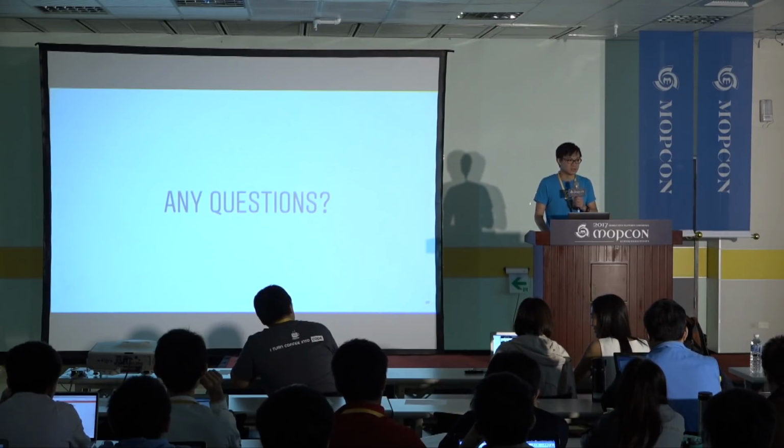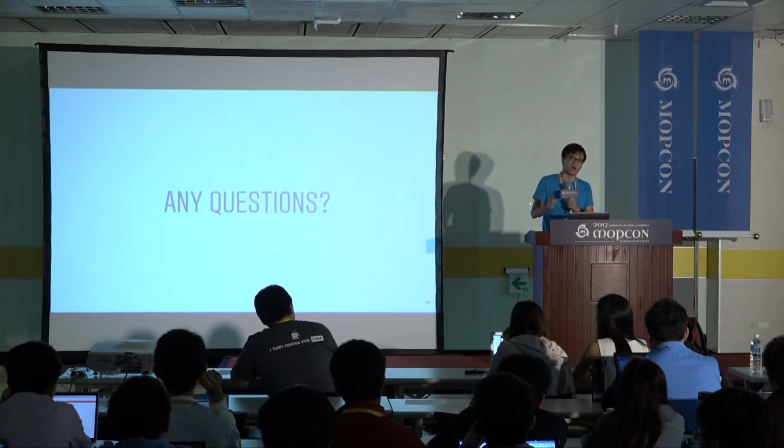I'll answer it in English. So the question is, I mentioned that sometimes we would intentionally duplicate the code, and the audience is asking why, what's the principle to decide when to duplicate the code. This is actually very case by case. I think the principle I did mention a little bit is sometimes